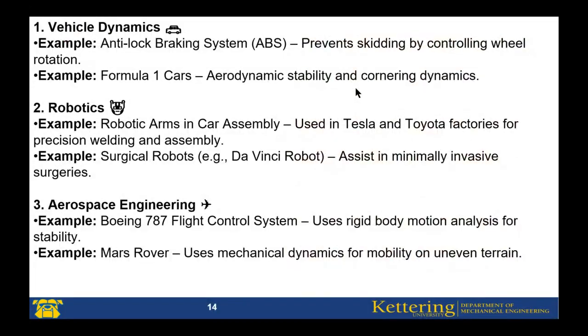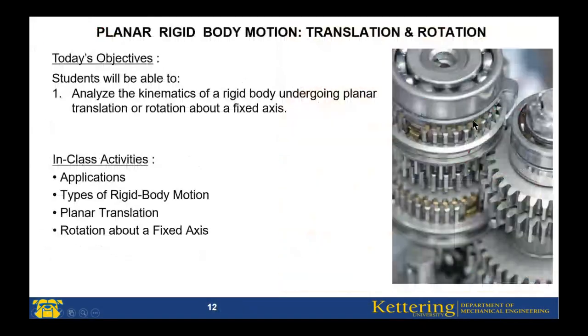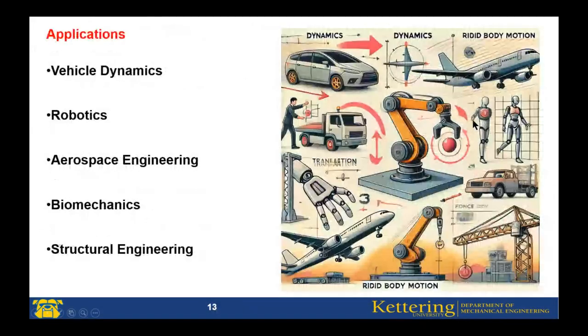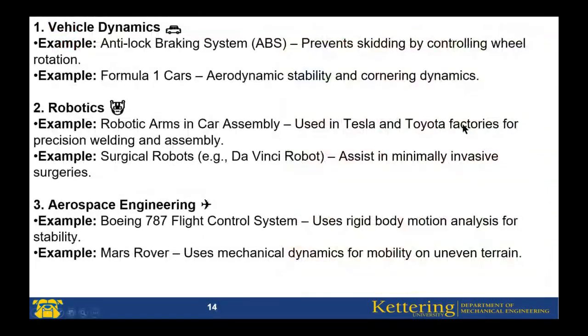For example, in vehicle dynamics, it was part of one question I gave you for the homework. This type of system prevents skidding by controlling wheel rotation. And also for cars, these are related to wheel dynamics,